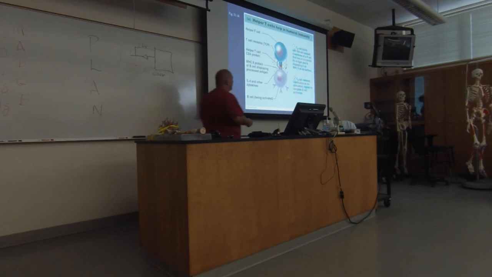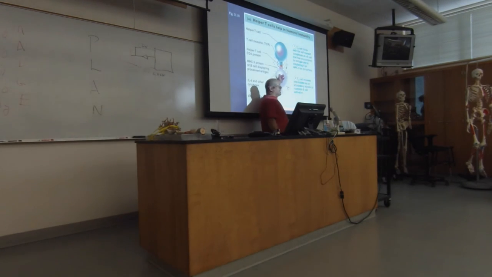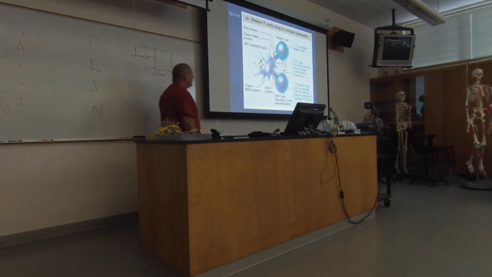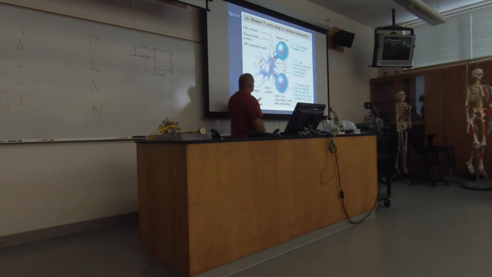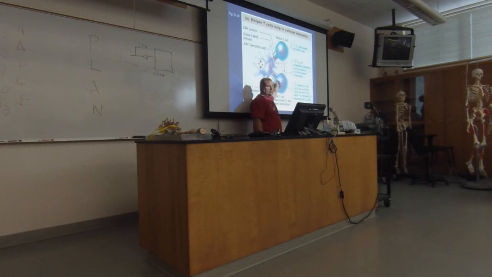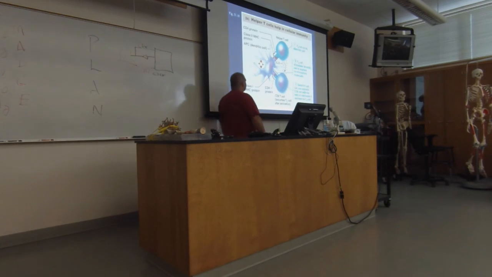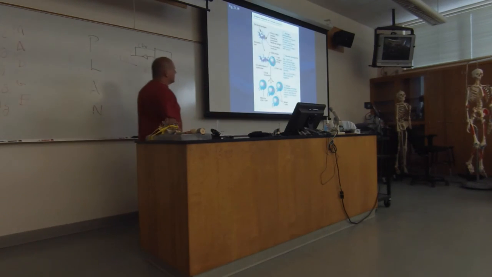The more complex ones are when they start adding processes for activating B cells. Sometimes, when they're referred to as naive, that means they haven't been introduced ever to their antigen, and it's not until they're introduced. So here, this is the way that the helper T cell is going to activate that, and then this is just a way that you have them happening at the same time. So don't get lost in this slide. It's far more confusing than what you need. You should understand this picture here.